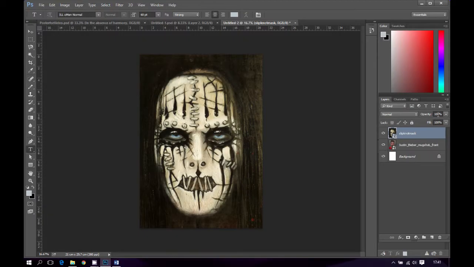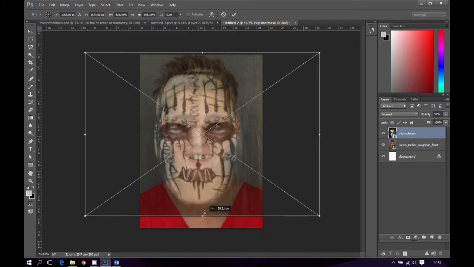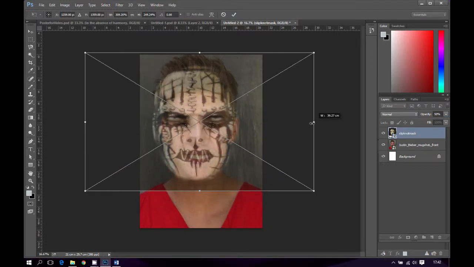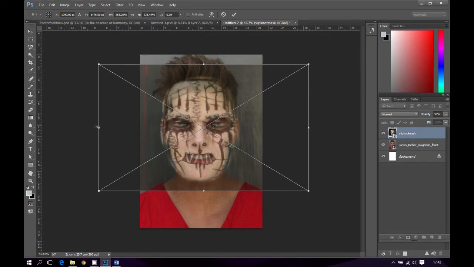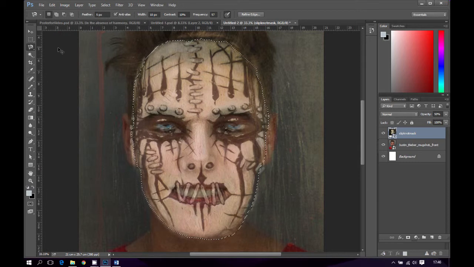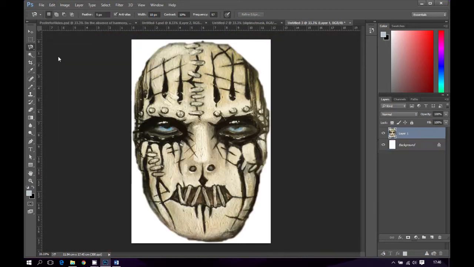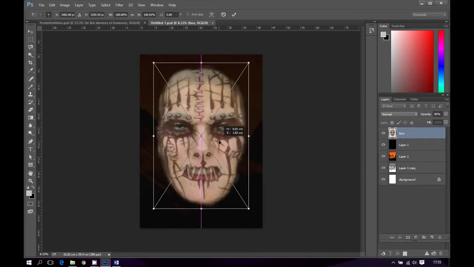I placed the Slipknot mask over Bieber's face, and with a bit of playing with sizing I managed to get them both aligned. I then reduced the opacity of the Slipknot mask to 50% so only Bieber's eyes and teeth show through. Using the magnetic lasso tool, I was able to select the outline of the mask and move this into a new document. From this new document, I saved the image as a PNG and copied this into the